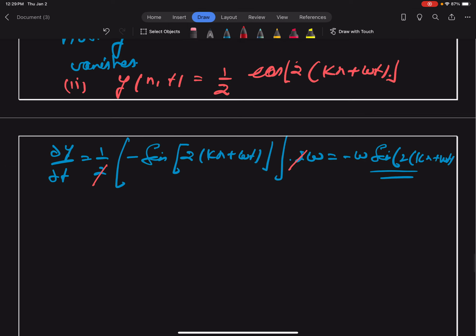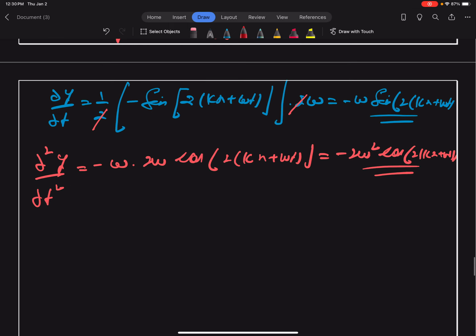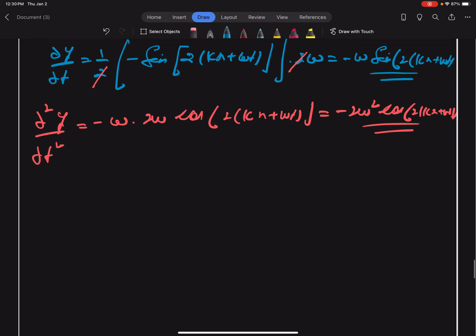Now we write its second derivative is equal to, this comes as minus omega multiplied by 2 omega cos of 2 kx plus omega t, which gives us minus 2 omega square cos of 2 kx plus omega t. Now we solve it for x. This was our first part,